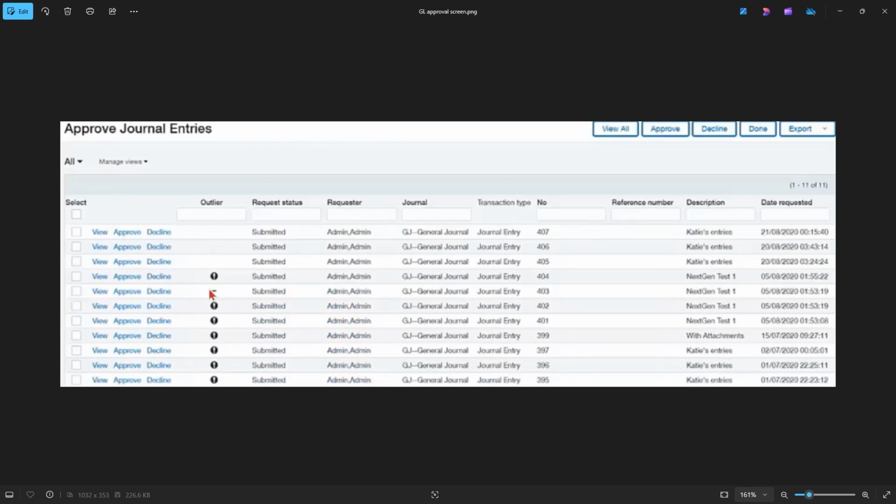This is this outlier section, which is going to give you either nothing, which means that it hasn't run through outlier. It's going to give you an exclamation mark, which says, this is a little off to me. I'm not exactly sure what it is. And in that case, you would go in and you would view the transaction and hover over it. And it's going to give you a little description on what's off on the transaction. So it might say something like dimension setup is a little weird, or dimensions that you've coded to are unusual, something like that. And this one with the little line means it's been through outlier, it looks fine, should be good for approval.